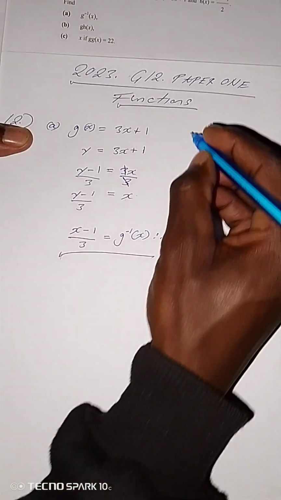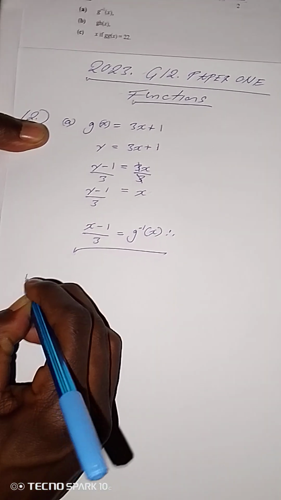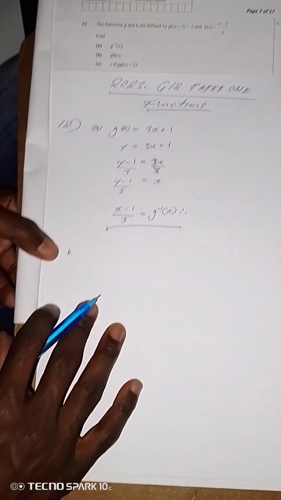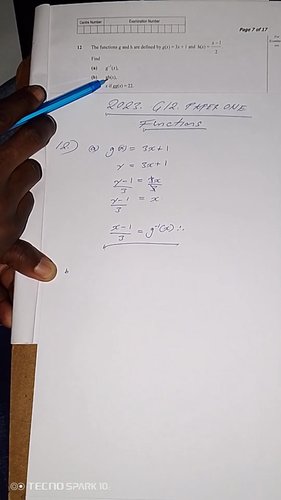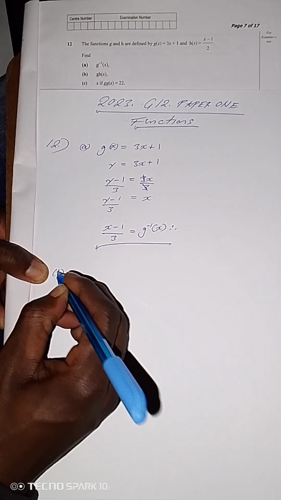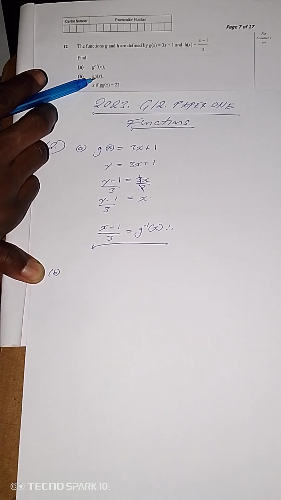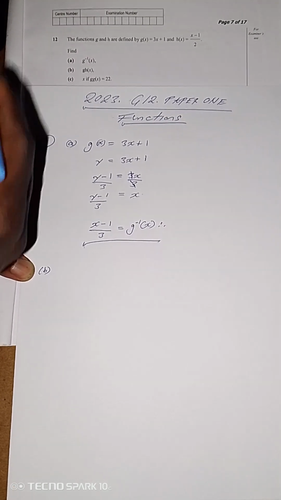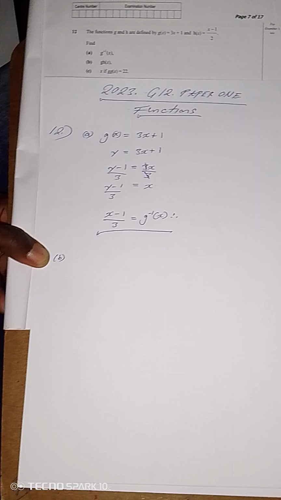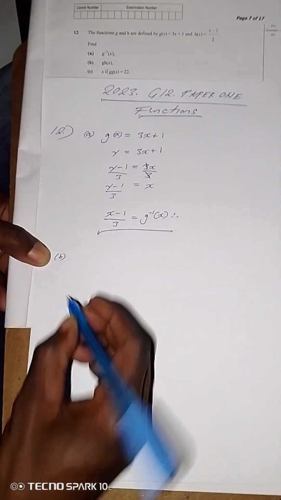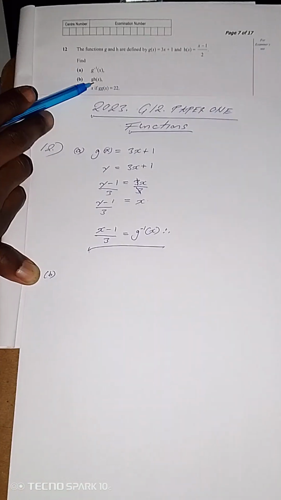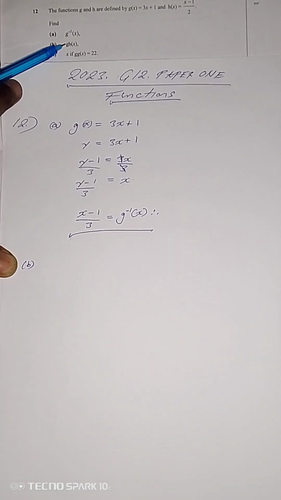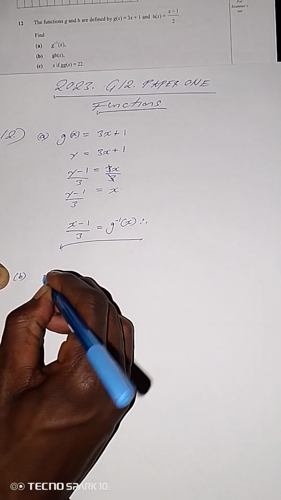Second one, b. We'll write it here. So b, they are saying gh of x. So this one is what we call composite functions. Composite means one function, you put another function in one function. So since it starts with g, first I would advise you to start with the function which is in front here. In this case it's g, so you write the function for g,